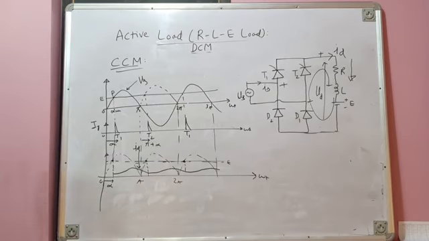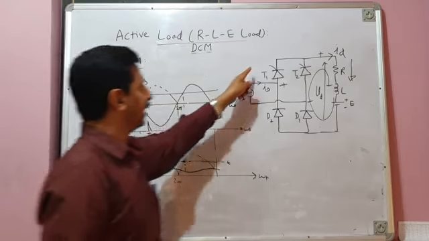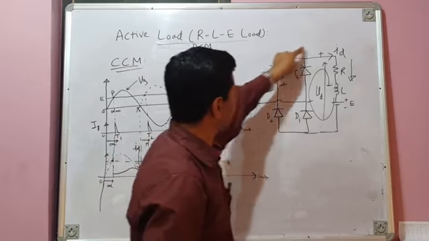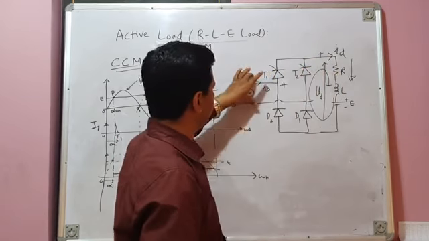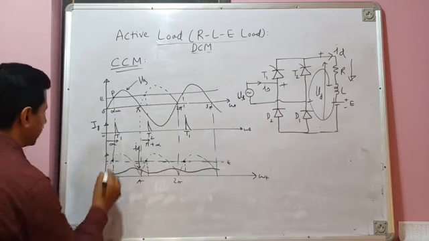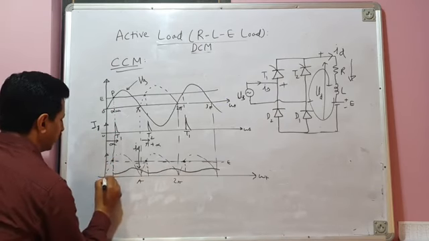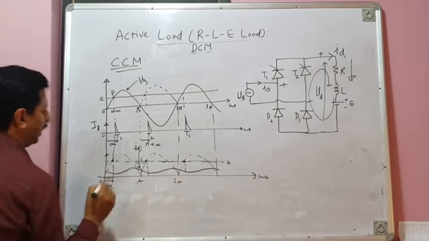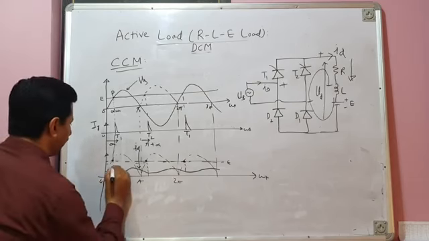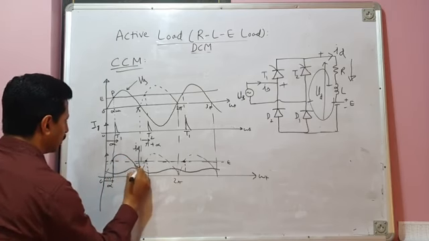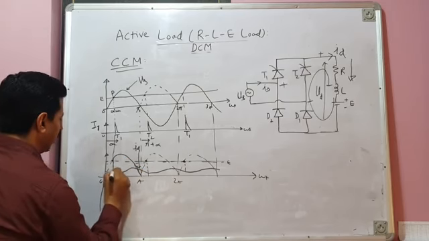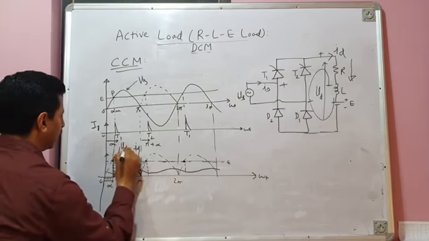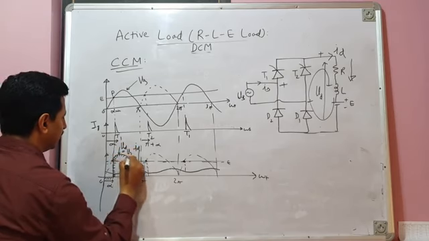Now this is very interesting. So at omega t equal to alpha, thyristor T1 is fired. So the T1 D1 pair conducts, the load gets connected to the source, and current flows like this. So the load receives the remaining segment of the positive half cycle of source voltage, and this is the remaining segment. That means previously also current was flowing from 0 to alpha. Your load voltage is 0. So from alpha to pi, load voltage is equal to source voltage. Remaining segment of positive half cycle of source voltage. So this is your load voltage Vd, and it is the same as source voltage Vs, but positive.